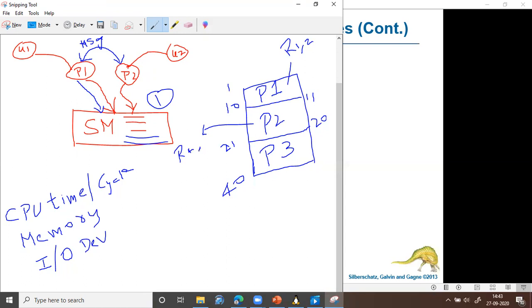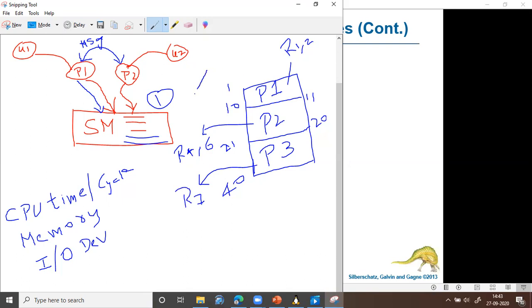If process 2 tries to access resource 1, that should be treated as an illegal action. Similarly, if process 3 is allocated some resource, say resource 7, then it should be able to access only that particular resource, not any other resource. This type of controlled access to the resources is called protection.